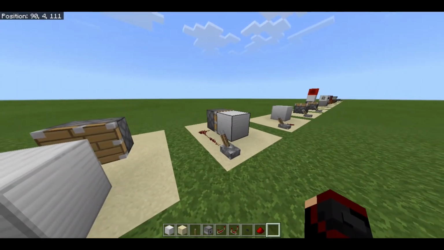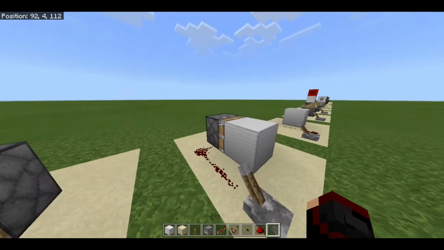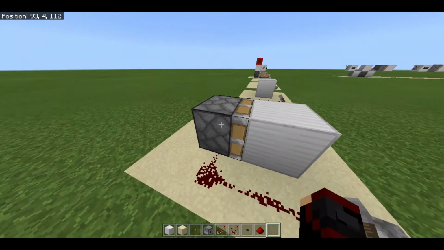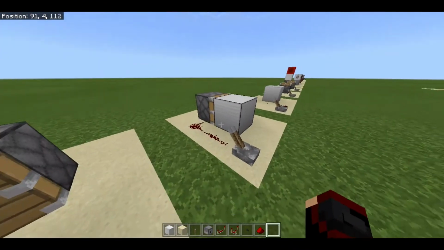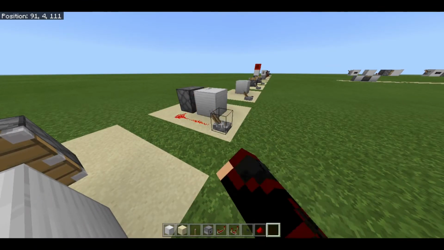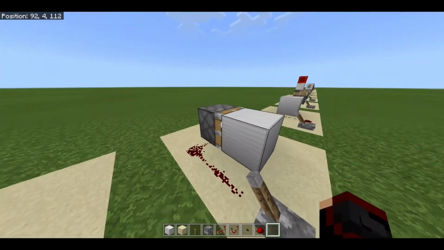Now in Java Edition Minecraft, if you give a sticky piston a very quick 0-tick pulse, it will push the block out and then retract before it can pull it back. Basically spit it out as if it were a regular piston. Now I can try to get it to do that, and I can just spam click as fast as I can, and no matter how fast I flick this lever, this piston is not going to push